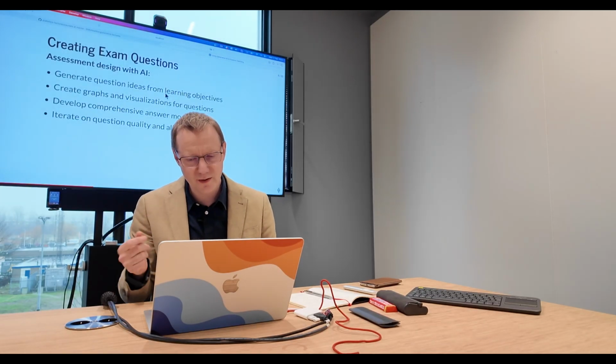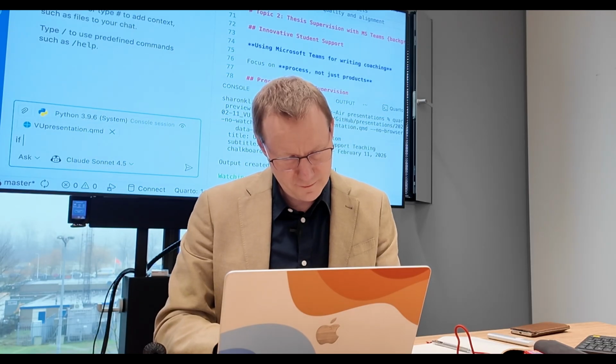So the comprehensive answer models, I also use it a lot for, and that I check and just copy and paste in the assessment application as an answer model. So, for example, if the